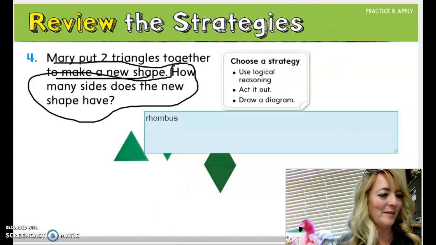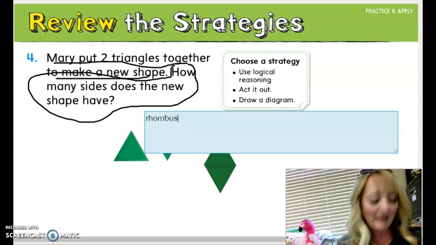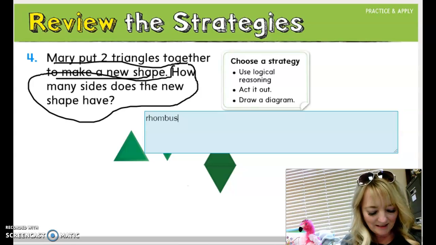That's our new shape, rhombus. So please go ahead and write rhombus with your pencil. I'm going to run out of time. Let's see, our last one is Kevin made a